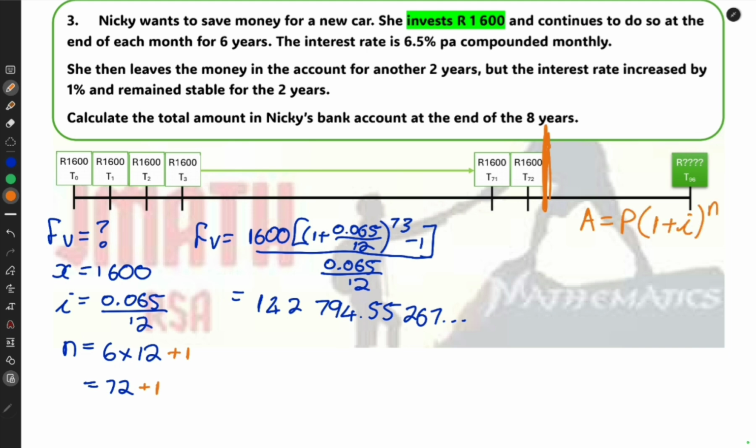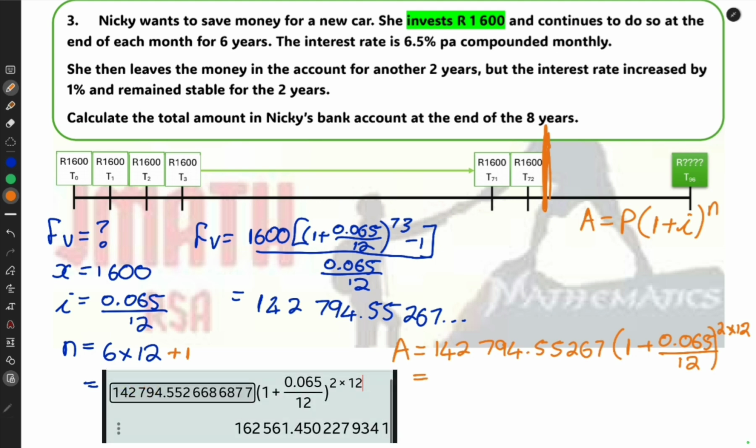Okay, so that's where they try and trick you guys in exams. So in this case, I know my P value is the final value or the future value of the previous part. And I just need to work out what is A after 2 years. So if I sub it into the formula, it's going to look like this. There we go. So if I just type that in the calculator, my final answer to this question will be,